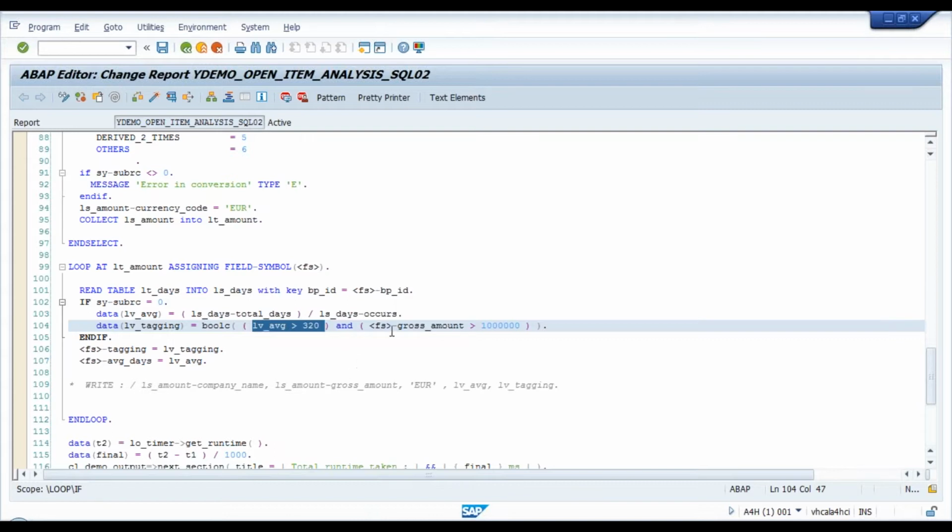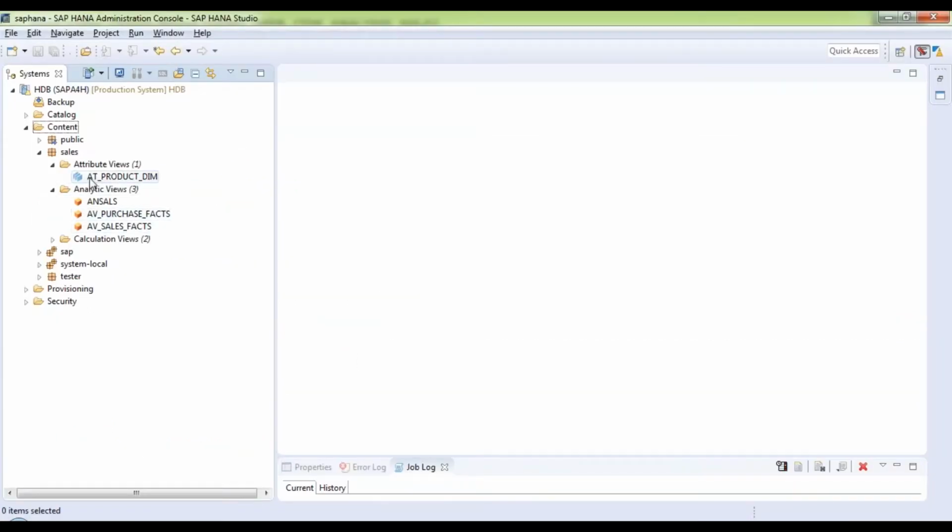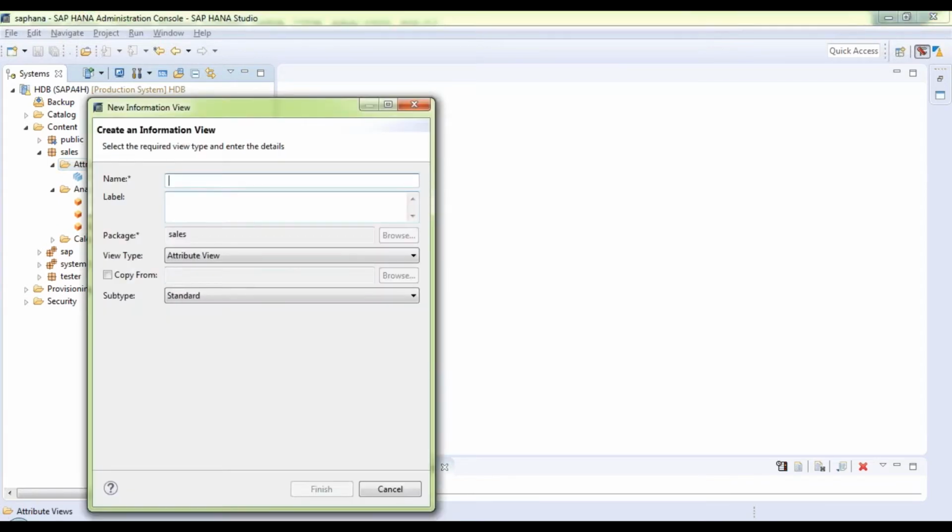So let's get started with the first attribute view for this scenario. I will right click here on attribute view and then create a new attribute view for us. Okay, so let's create an attribute view, and I just put here the name of the attribute view as open days. I just name it as open days only